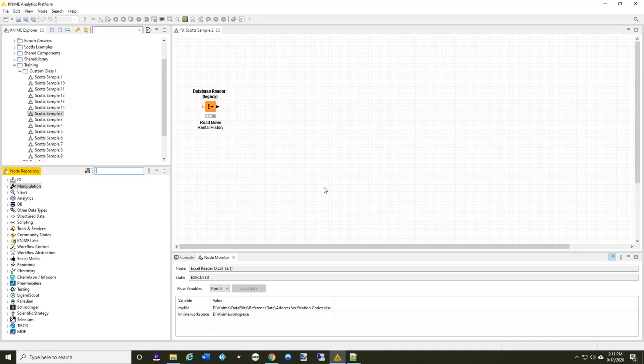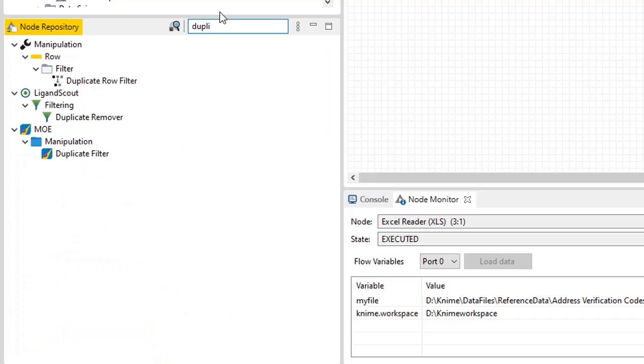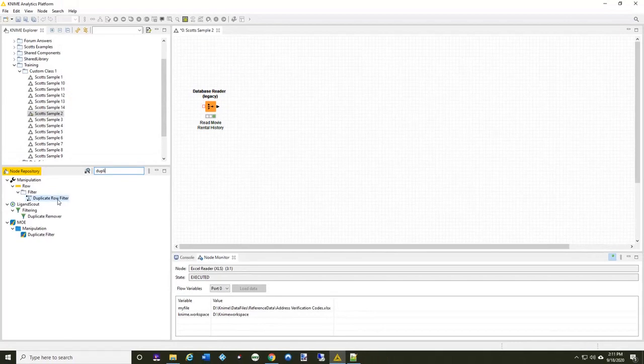KNIME actually provides me two different methods to deduplicate a table. One is with the duplicate row filter and the other is with the group by. I tend to prefer the group by more often because I'm in a lot more control over the fields that are not part of the deduplication process. But to understand that, let's first look at the more simplistic way of doing it, which is here I'm going to search for the duplicate row filter over here on the bottom. And I'll drag this up